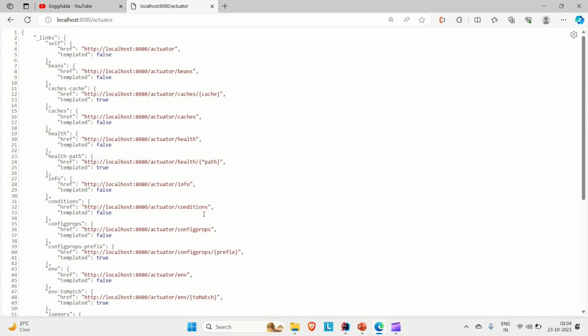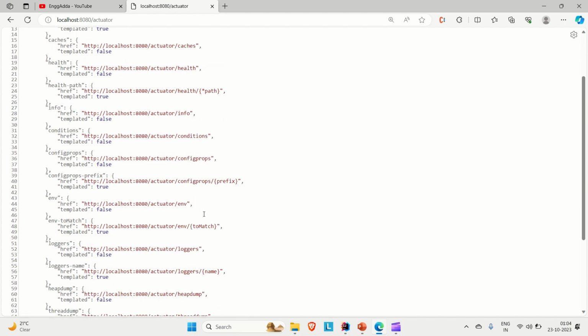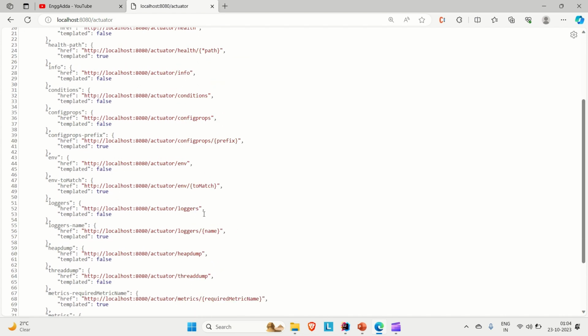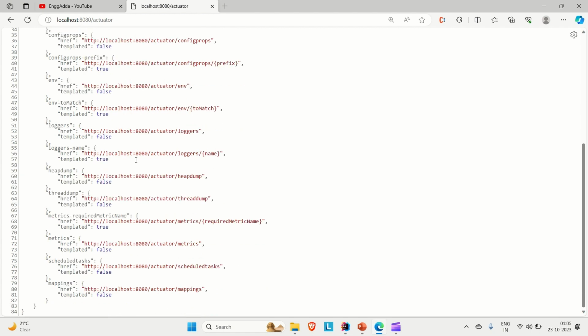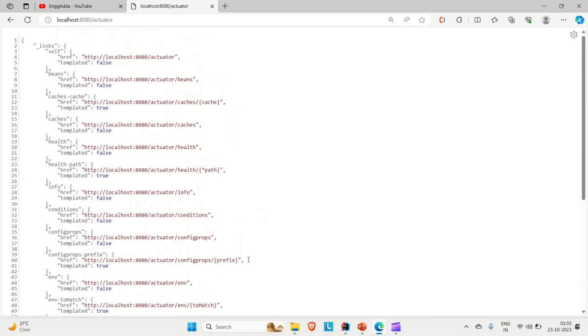And here you can see all the endpoints that actuator contains. You can see we have the actuator, the beans, the cache, health, info, conditions, config groups, environment, loggers, and many other endpoints. These are the endpoints that actuator contains, and they can help you to monitor and manage your